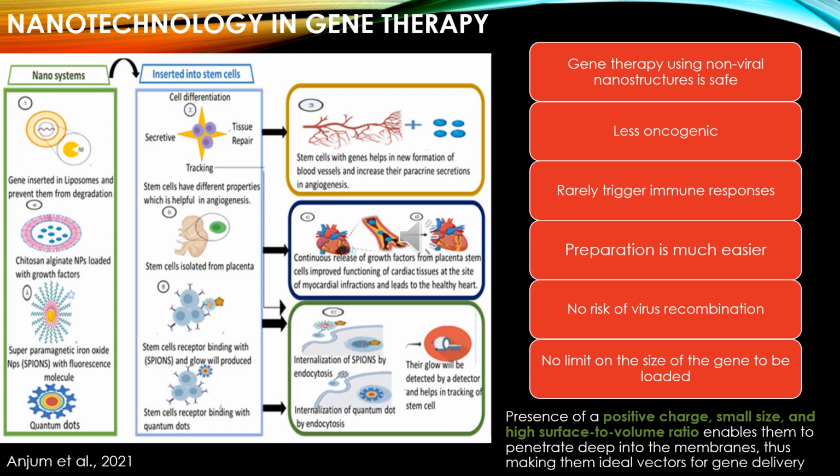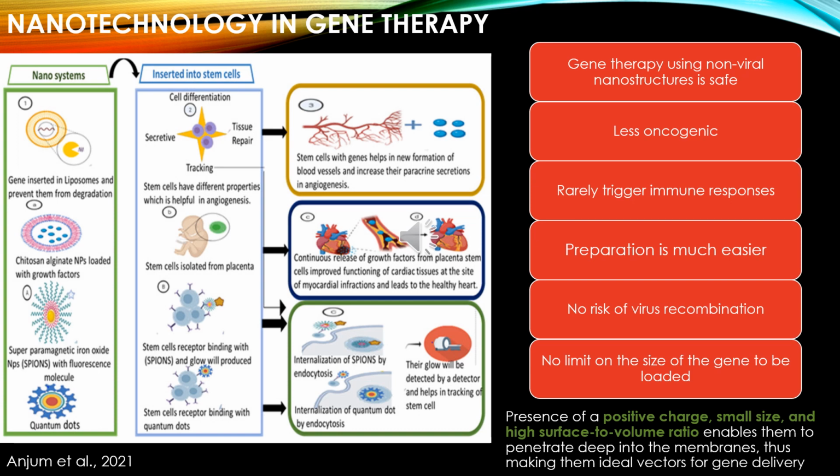However, there are many disadvantages associated with using these viral vectors. A few of them are generation of immune response. Our body can recognize it as antigen, so this may neutralize the effect of these viral vectors. Inflammation is one of the major drawbacks. This may lead to severe complications. And the third important thing is occurrence of off-target changes in the host body. So these are the major drawbacks when you use these viral vectors.